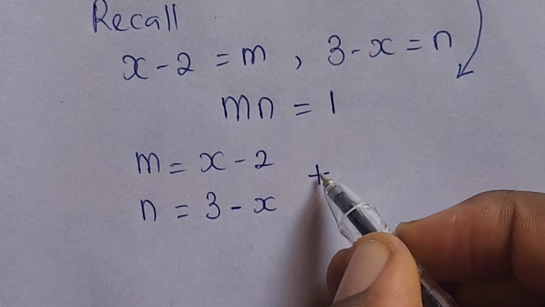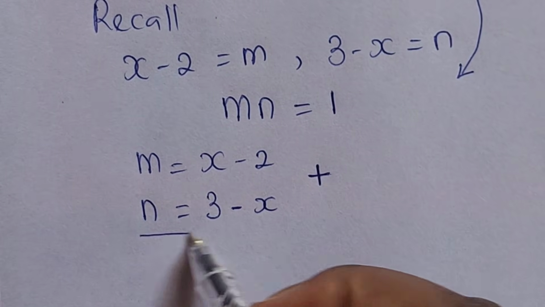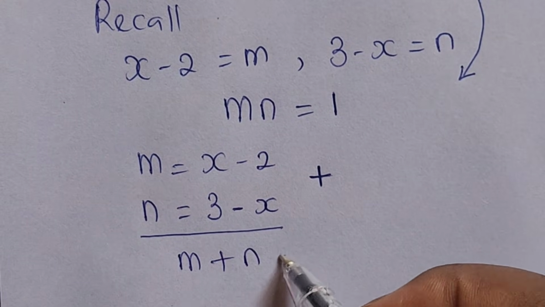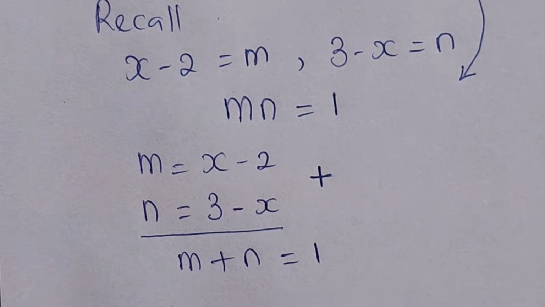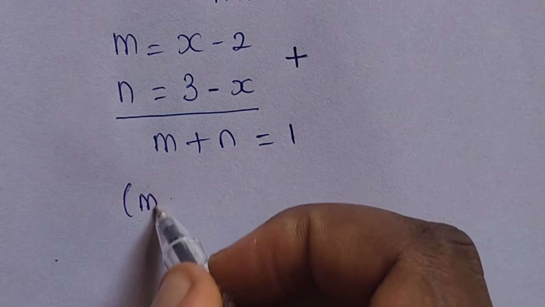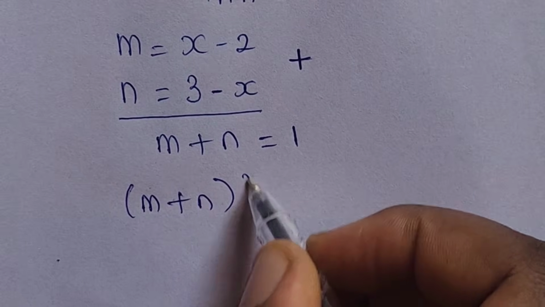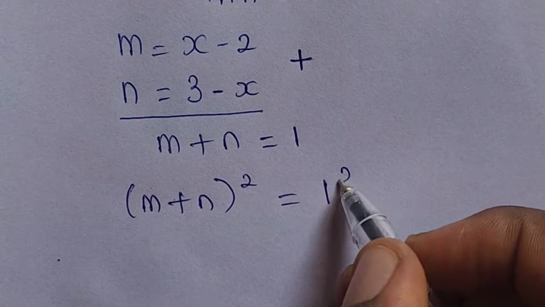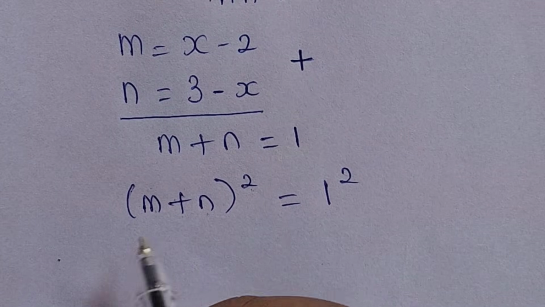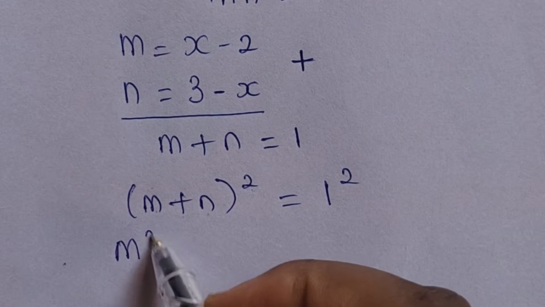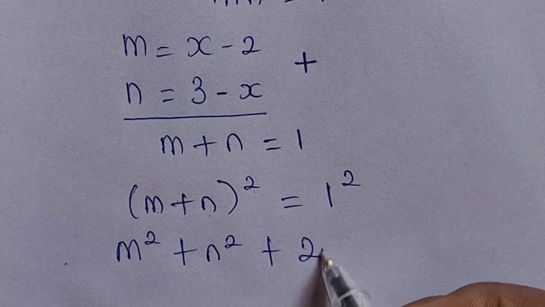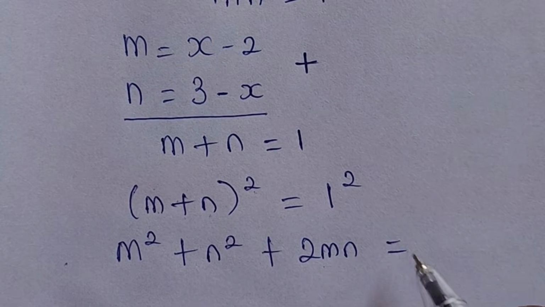When we add these two together, we have m plus n equal to 1. When we square both sides, we have (m plus n) squared equal to 1 to the power of 2. When we expand it, we have m squared plus n squared plus 2mn